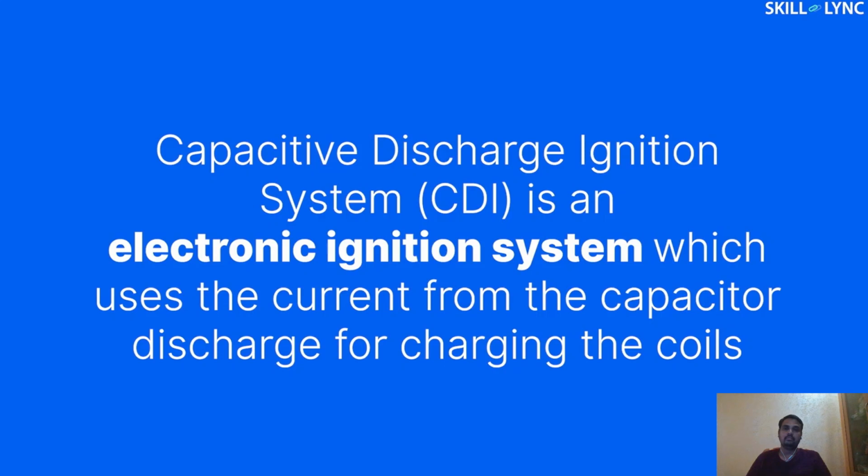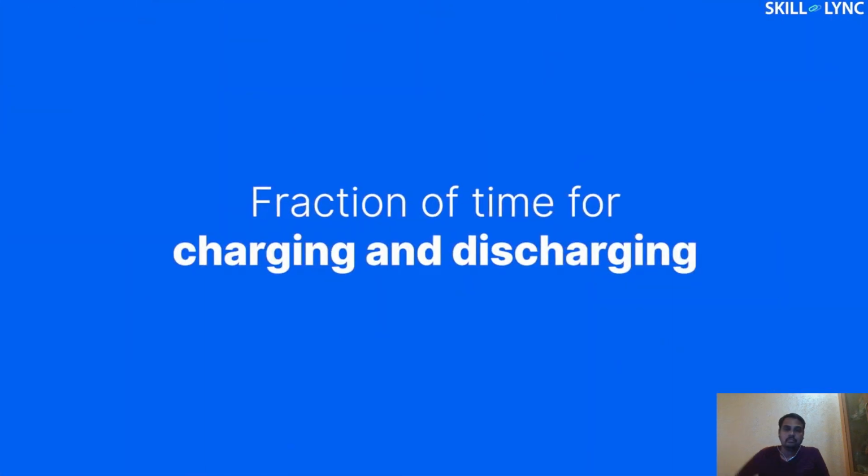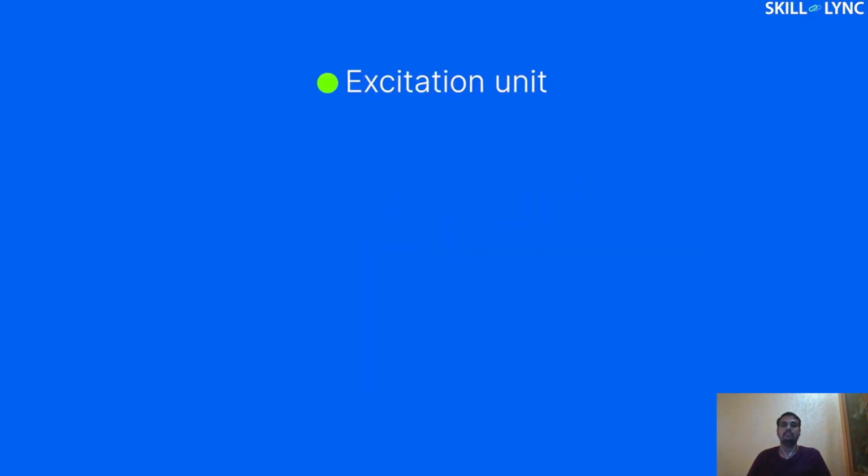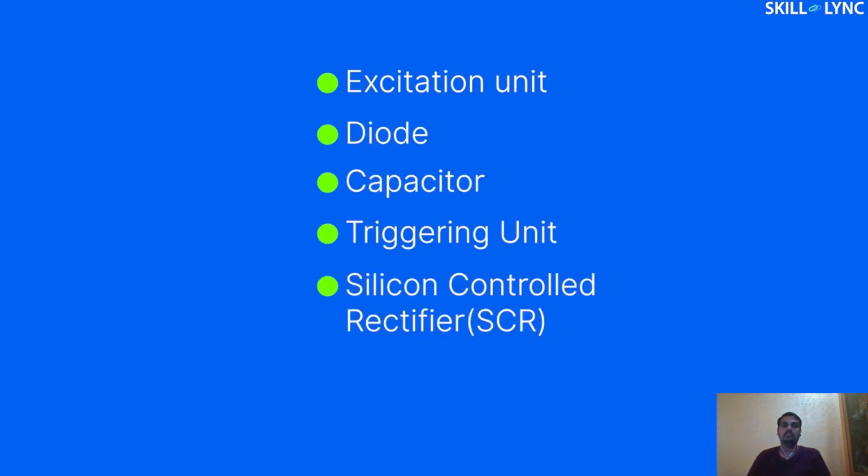Capacitive discharge ignition system is an electronic ignition system which uses a capacitor that can store and discharge the charges. Here, the high current from the capacitor discharge is used for charging the coil. The capacitor takes only a fraction of time for charging and discharging, and this makes this system more efficient than the others. A CDI system consists of an excitation unit, a diode, a capacitor, a triggering unit, a silicon-controlled rectifier,